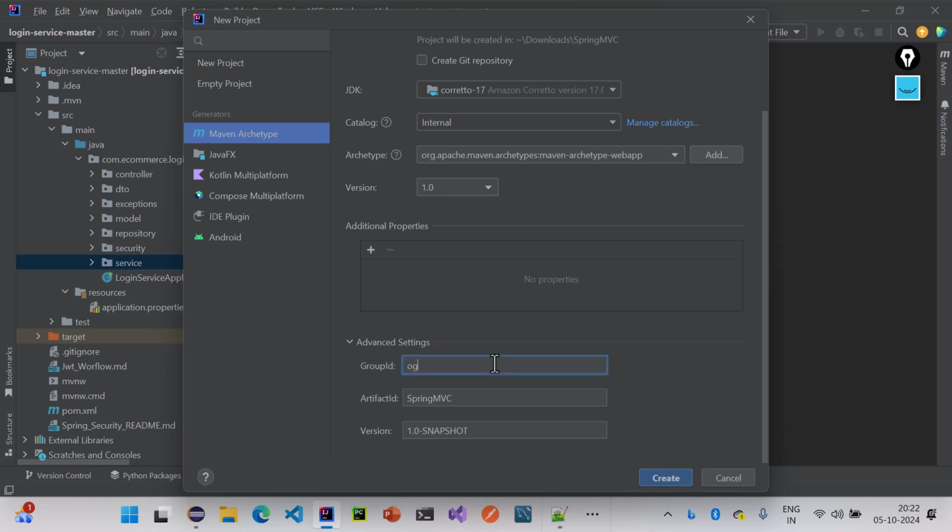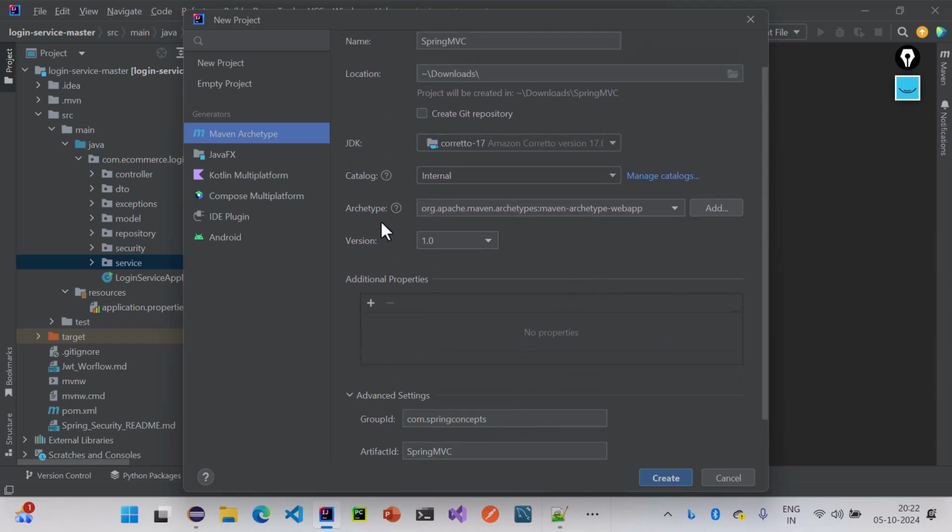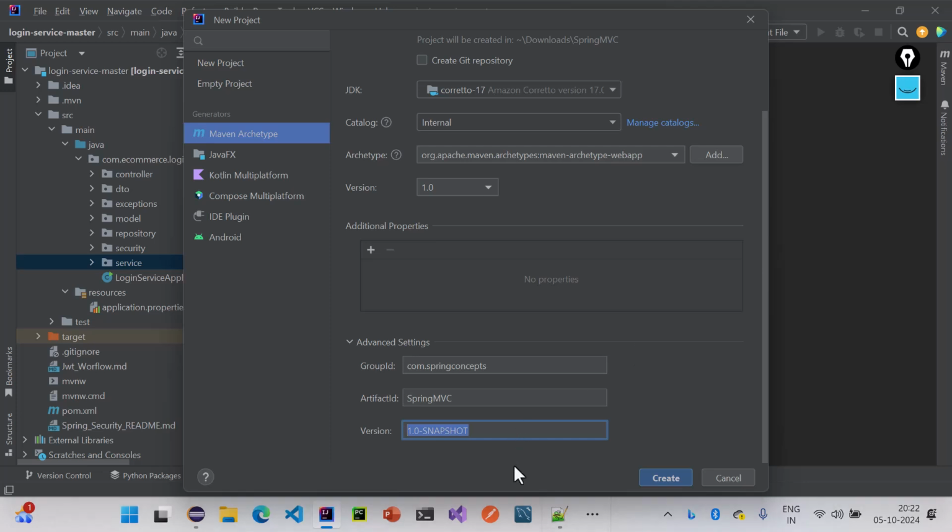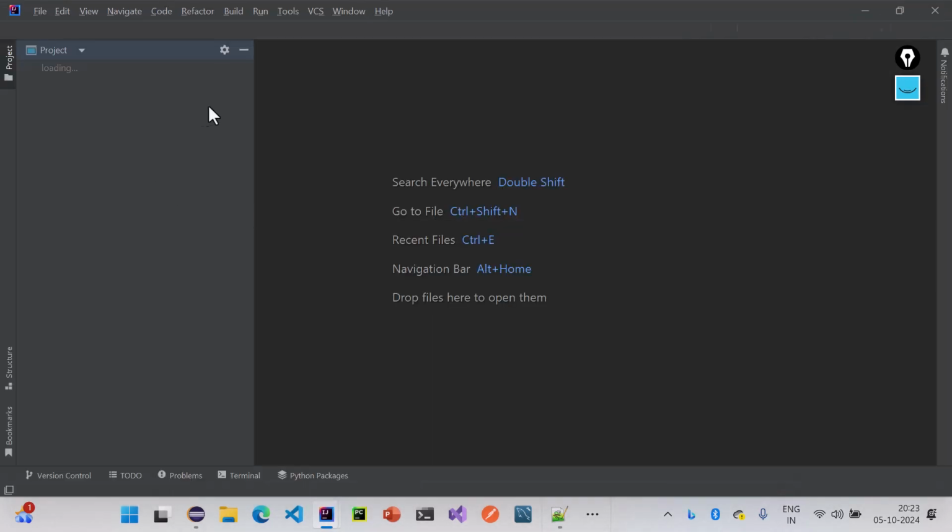For example, I can just say, let's say com dot spring concepts. I can name it like this. This will be the package name, and this is the name of a project. This is the version, first version. As and when you add more concepts, versions keep increasing, just to keep track on what goes in GitHub and all that, right? So after that, I'll just say create, to create a project,